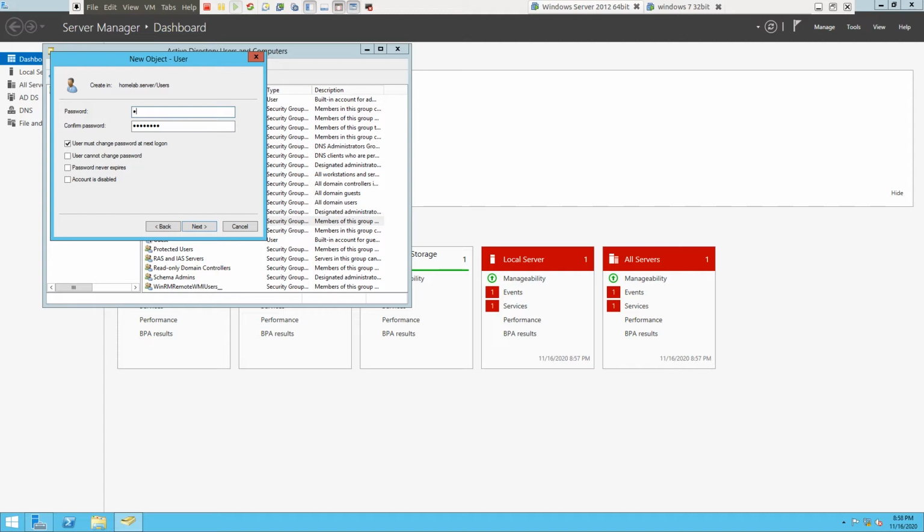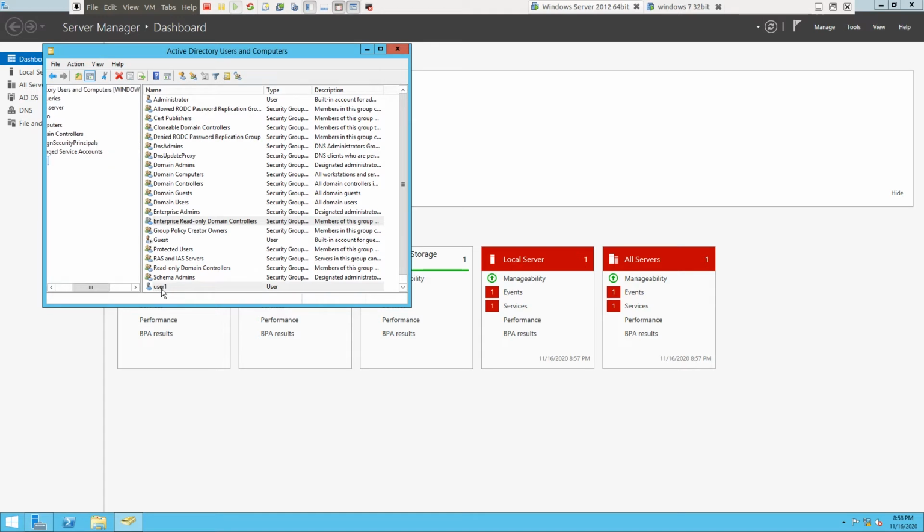Let's say user1, let's say dot, so let's keep Nikhil100. So just putting some secured password. Click on next, click on finish.